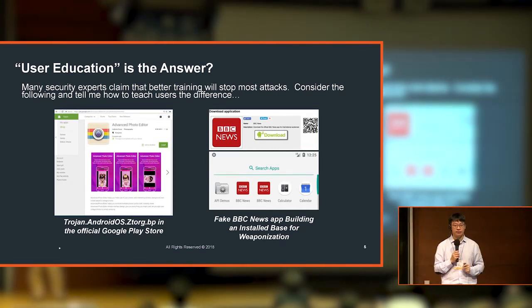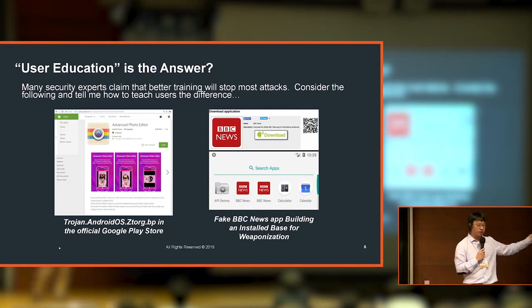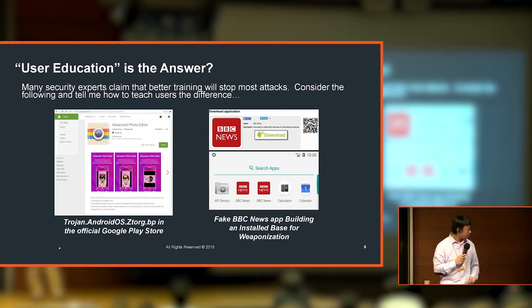Which one is fake? It's very difficult, right? Even I cannot teach you how to tell whether it is real or not, because they look identical. And on the left-hand side, we have an app that's in the Google Play Store, but it turns out to be malware later.